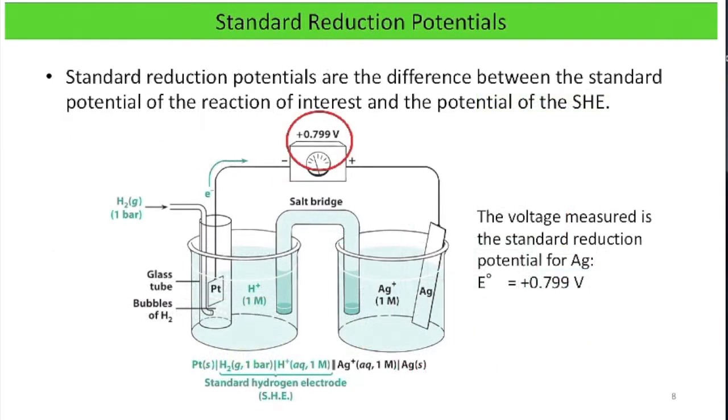a silver electrode. So then when we hook this up all together and we get a voltage that is shown on the potentiometer or the voltmeter that is hooked up between these two half cells, the voltage that we see there is going to be the voltage that is associated with the particular analyte of interest. So when you're looking up standard reduction potentials in Appendix 13 of your textbook, the values that you see are the difference between the standard potential of the reaction of interest and the potential of the standard hydrogen electrode. And the potential of the standard hydrogen electrode is by definition 0 volts. So whatever voltage we get from the voltmeter is going to be the voltage of that particular half cell that